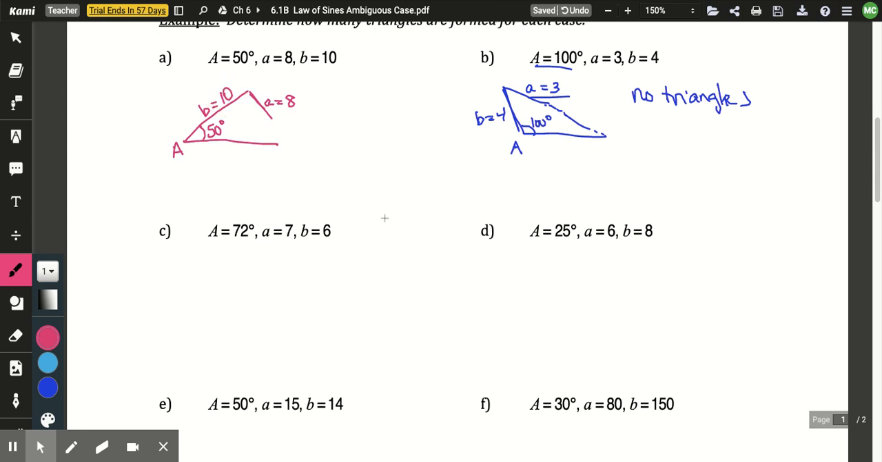And now to determine whether or not this makes a triangle, first of all, if the side that's across from it is longer than the side that's next to it, and you have an acute angle, it's going to make one triangle. This one, though, we've got the side that's across from it is shorter than the side that's next to it, so it's not that case where it's definitely one triangle. What we need to do on this one is we need to see if this side